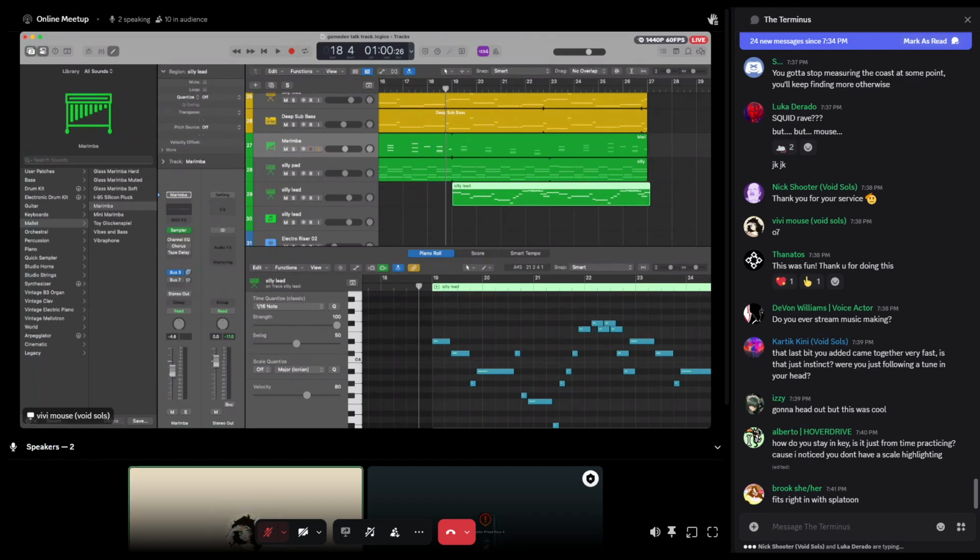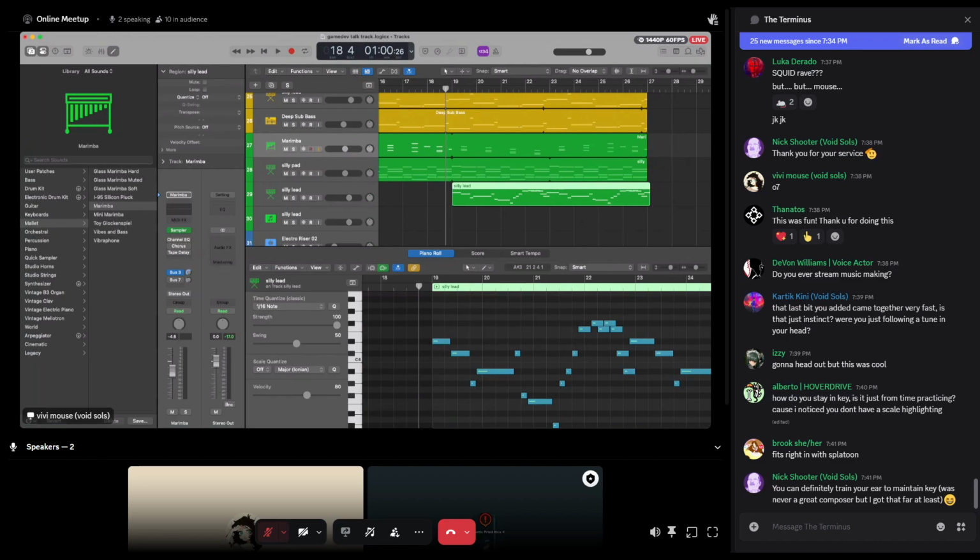How do I stay in key? That's ear training. And I guess all of this forever and ever is ear training, and that's what theory is good for. Like Nick is saying, you can train your ear to maintain key.